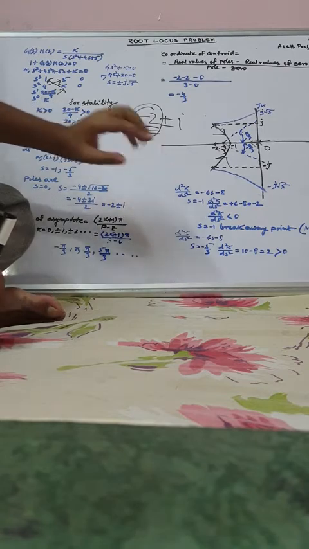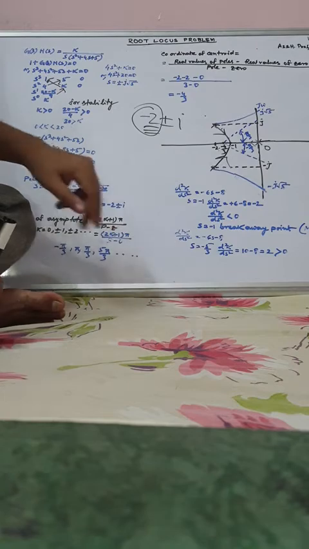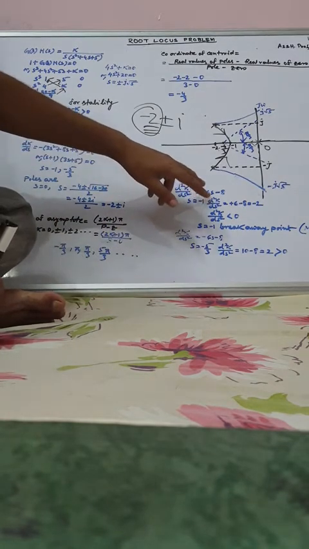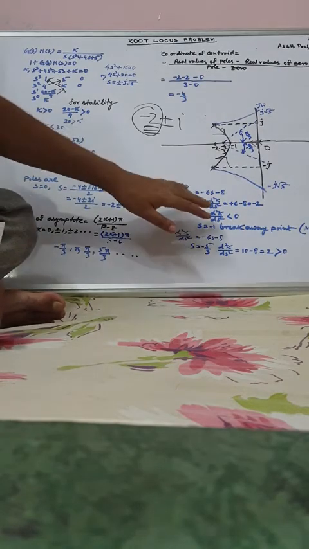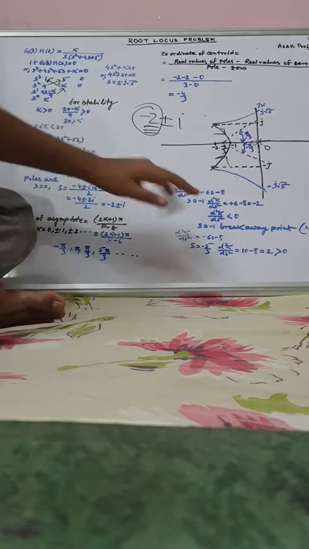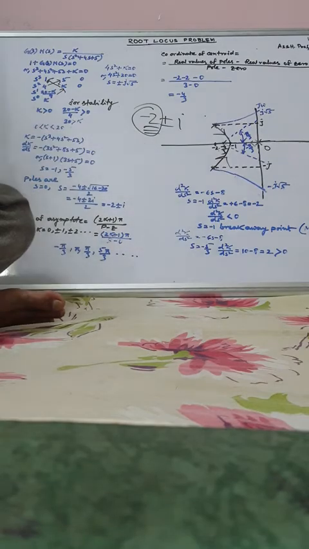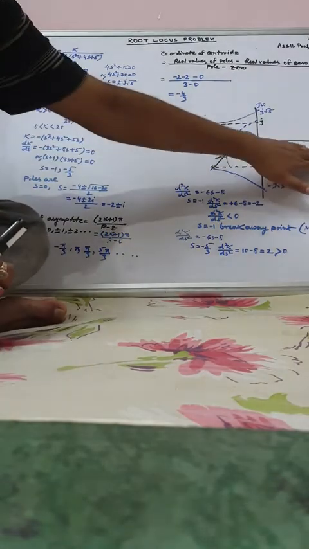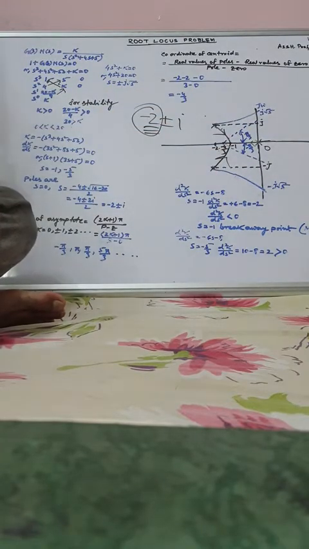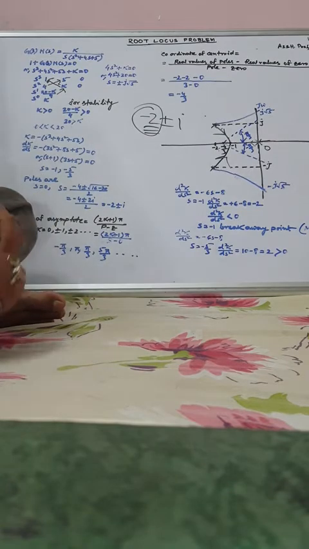We have put these 2 points, s equal to -1 and s equal to -5/3, in this value, -6s - 8. We have checked which one is the breakaway point where maximum occurs. Now this is the real root locus plot. This is the real axis sigma. This is jω. This is the final root locus plot, and this is the final problem.